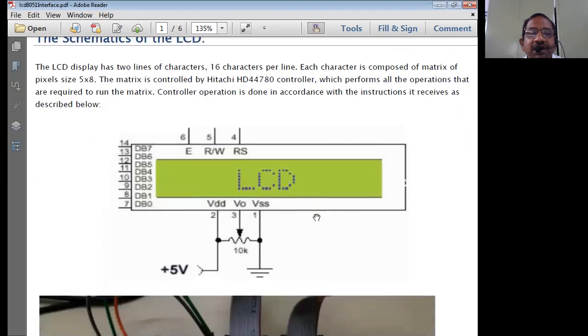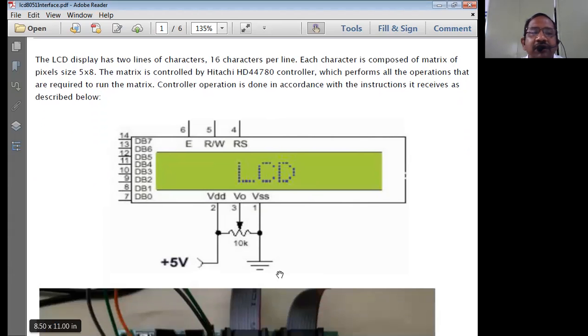Now, what is the basic block diagram structure of the LCD? The LCD has 8 data pins, DB0 to DB7. These 8 data pins are connected directly to the microcontroller data pins using parallel communication. We usually transmit data from the 8051 to the LCD using parallel communication.